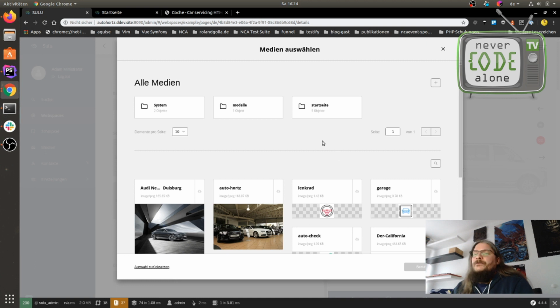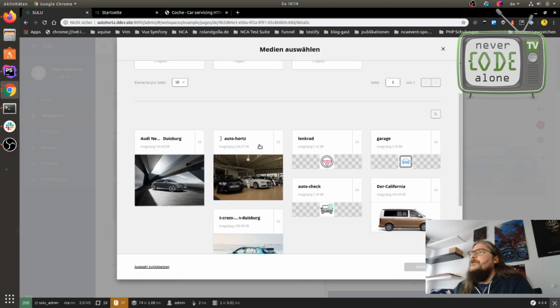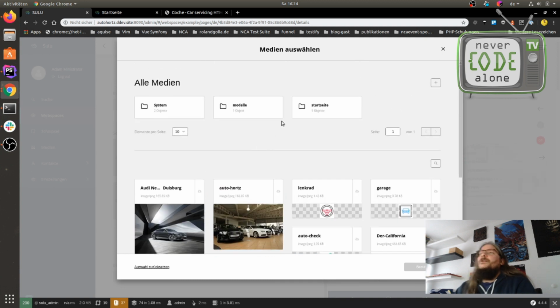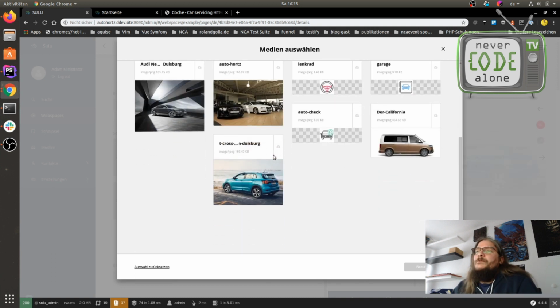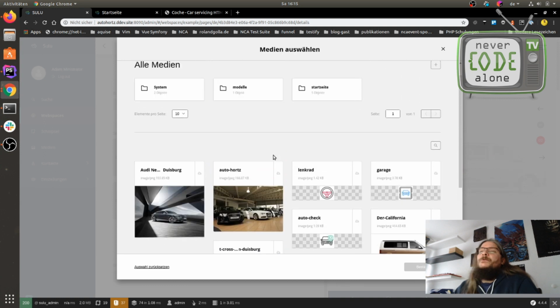I don't have this image so far. Yesterday I got the image, I think. So now in the media selection here on the Zulu backend, you see all of my images, but you have to put your image in a structure every time.